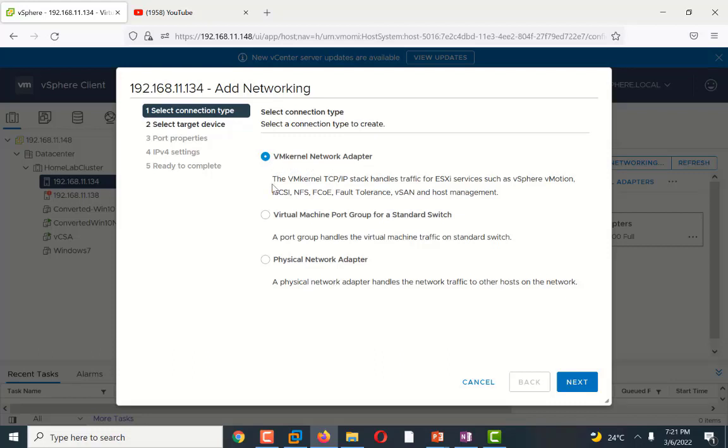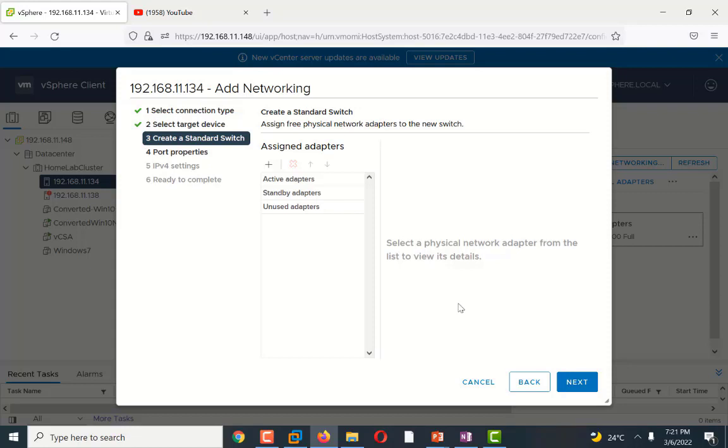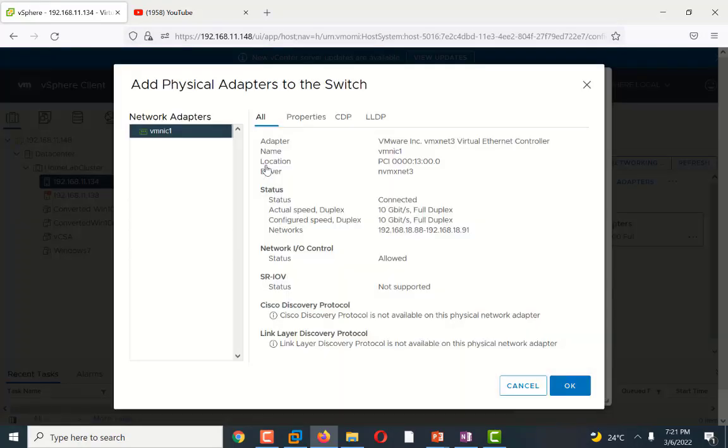I am interested in iSCSI, so I created this VM kernel for iSCSI purposes. I click next, and here I will create a new standard switch. I click on new standard switch and click next, and I assign any unassigned adapter to this switch. So I click on the plus sign and VM NIC 1, click OK, and assign this to my new switch.